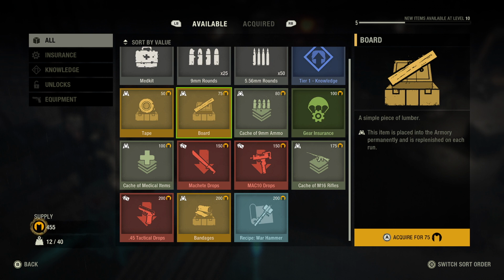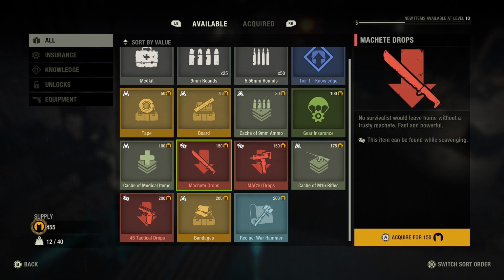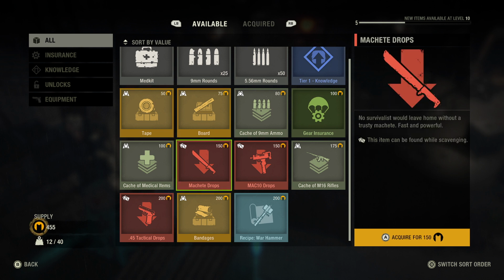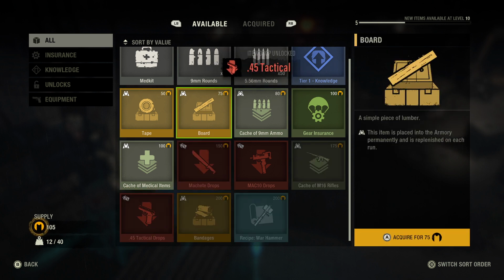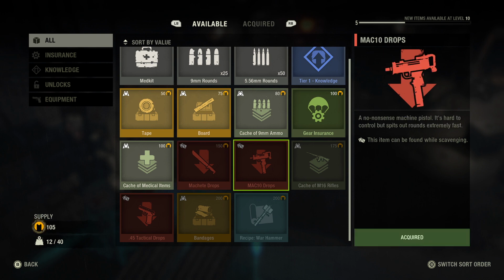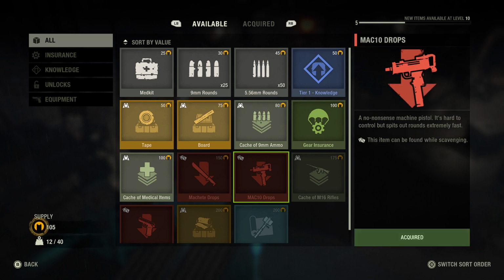Ooh, permanently unlock bandages for each run. Permanently unlock a board for each run, or some adhesive for each run. So not adhesive, some tape. I'm reading the adhesive material to bind things together then. Ooh, that's very tempting to get some of those just permanently there. Right. I tell you what. I'm gonna go for guns. Yeah. Honestly, I'd save for the bandages and machetes. Oh, wow. I thought for some reason they were going to be like a second level one where you just get one or some of them. But no, they're acquired, right, so...